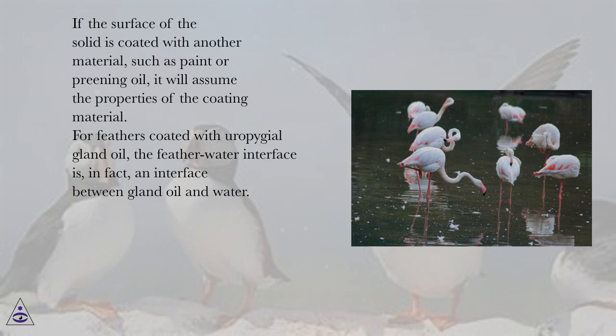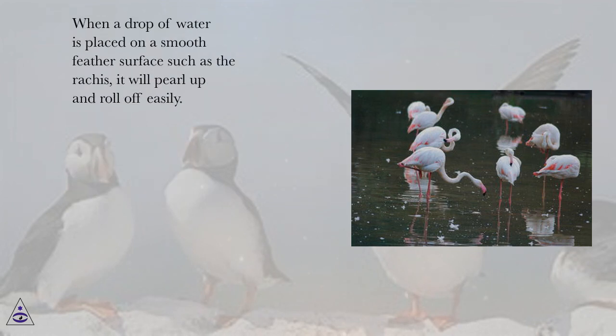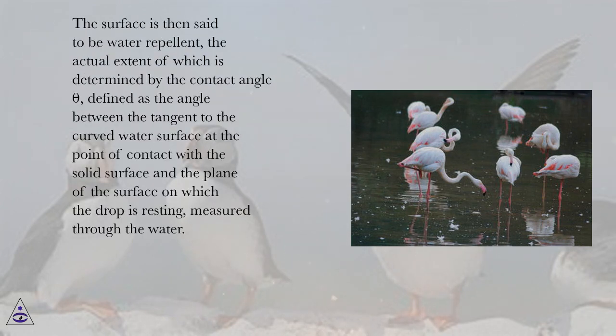If the surface of the solid is coated with another material, such as paint or preening oil, it will assume the properties of the coating material. For feathers coated with uropygial gland oil, the feather-water interface is, in fact, an interface between gland oil and water. When a drop of water is placed on a smooth feather surface such as the rachis, it will curl up and roll off easily. The surface is then said to be water repellent,